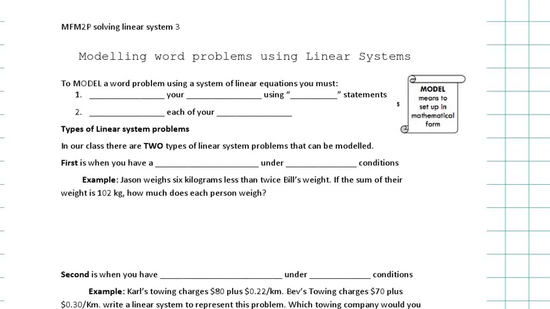So, modeling word problems using linear systems. Remember we talked yesterday, linear systems is two equations, right? Where I can solve them to find the point of intersection, and that would be my solution, where the two lines intersect. So, to model a word problem using a system of linear equations, you must, first thing, declare your variables, which means